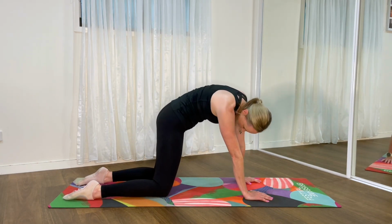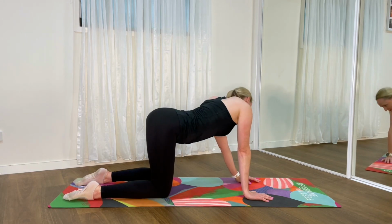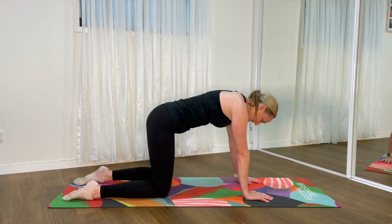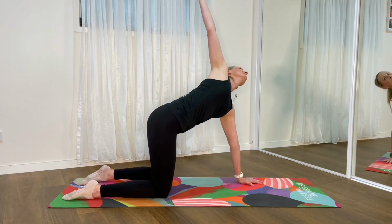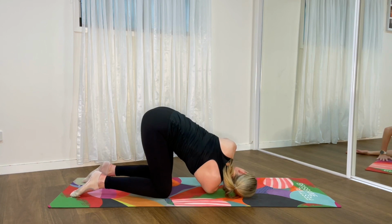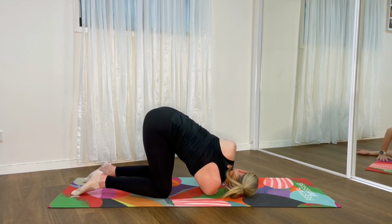And because this feels so good, we're just going to keep going with this, any which way you want to move your spine around. And then we're going to reach one of our hands right up to the ceiling, slide it under and lower your shoulder and the side of your head down to the mat. You're going to press into the mat with your other hand, feeling that beautiful stretch underneath and across your mid-back,